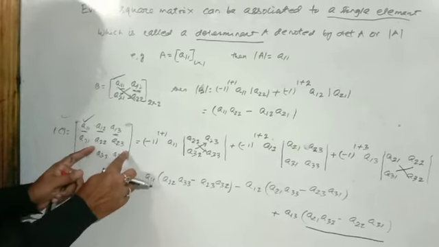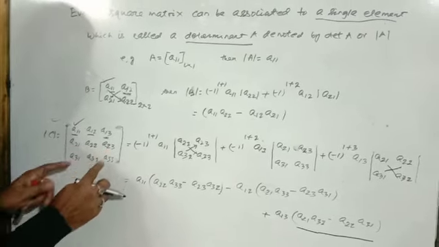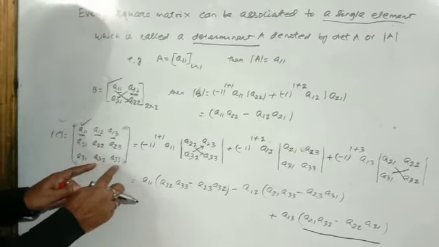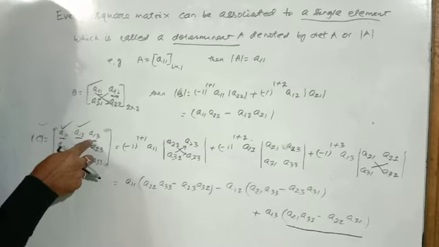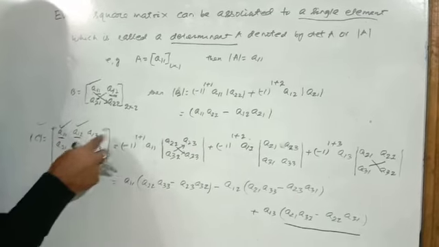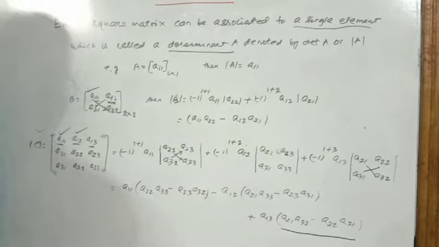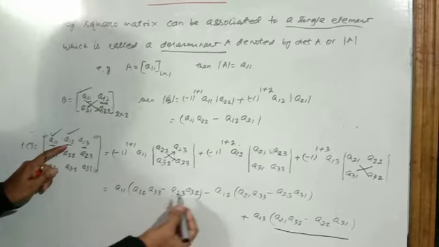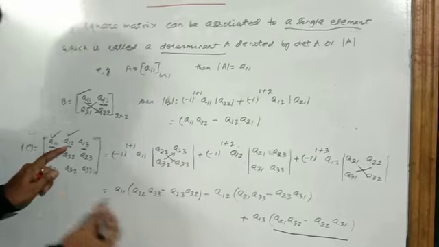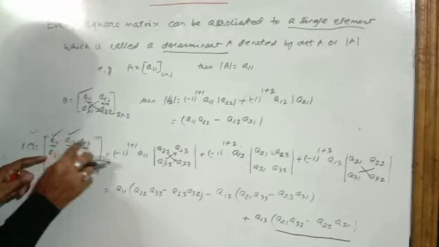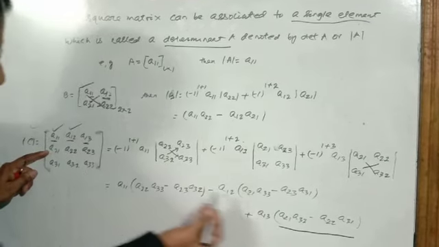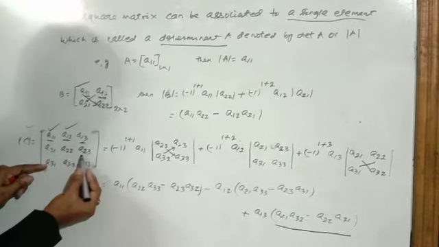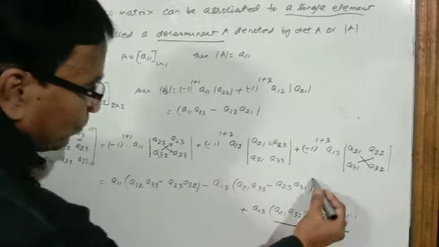So we are getting the determinant of A22, A23, A32, A33 minus. For the first element it will be plus, for the second element it will be minus, again for the third element it will be plus. So alternatively it will be plus minus. Now A12 into you omit this second column and first row, so it will be A21 into A33 minus A23 into A31.